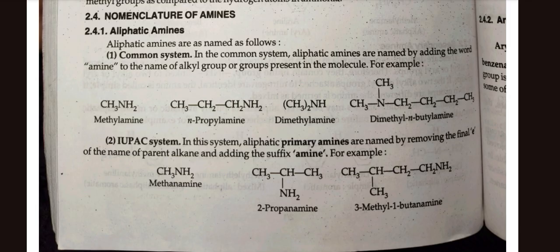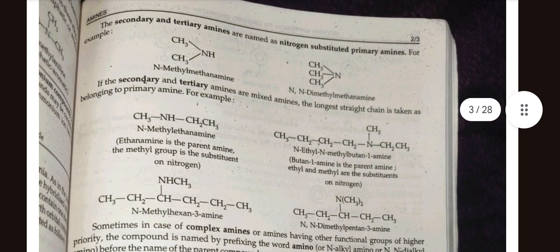Second, IUPAC system. In this system, the aliphatic primary amines are named by removing the final e of the name of the parent alkane and adding the suffix amine. For example, methanamine, 2-propanamine, 3-methyl-1-butanamine. The secondary and tertiary amines are named as nitrogen substituted primary amines. For example, N-methylmethanamine and